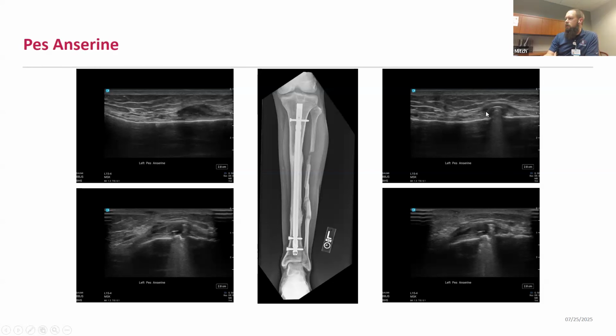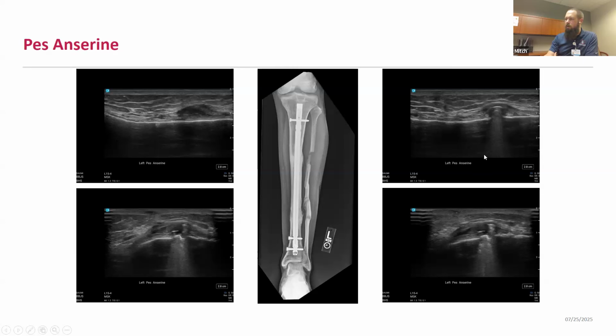And so that's another tool or feature that you can use diagnostic ultrasound for. We'll often use it in identifying hardware abnormalities causing persistent pain for patients. So routinely we'll see distal radius fractures with persistent tendon pain, or ankle fractures where you've got screws or other hardware causing mechanical irritation.